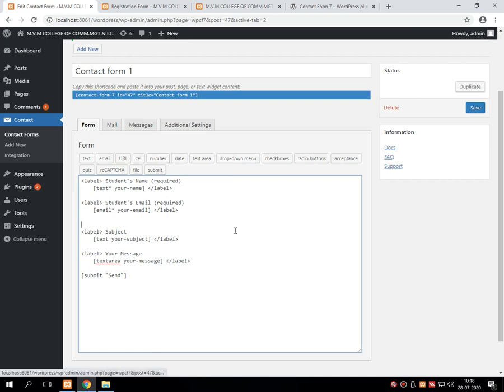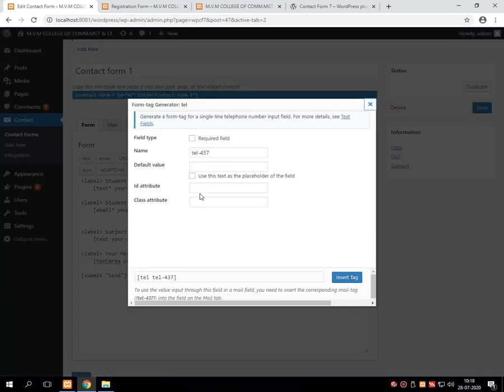Then I am selecting a telephone, this field is required, that means it is compulsory. Then I am giving the name of this field as your number.